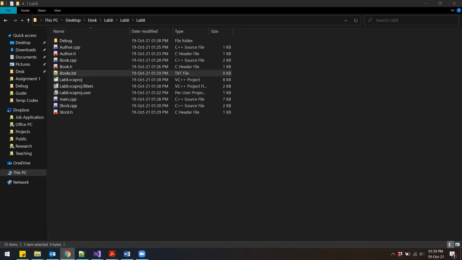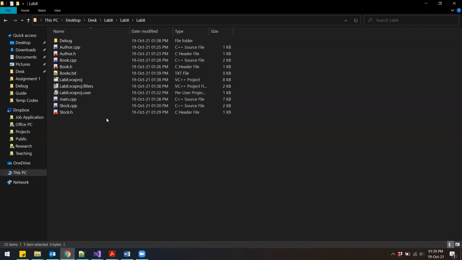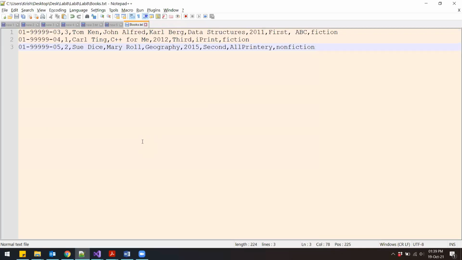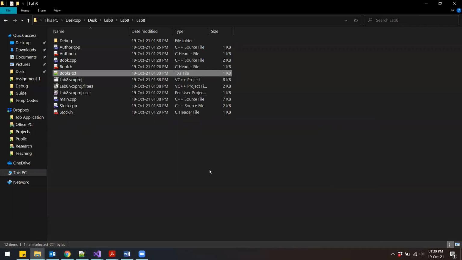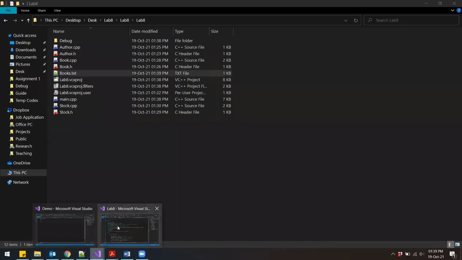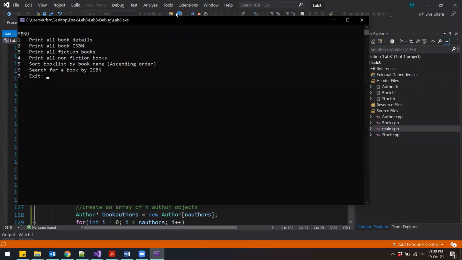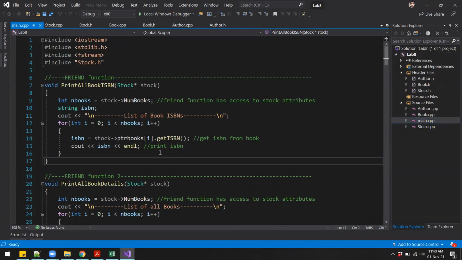So this is the file from Moodle under week 9. So I'll copy the content and I'll paste it inside this books.txt file, save, and I'll close it. Now let's run this code once again. All right, so you will see that we have this menu over here.